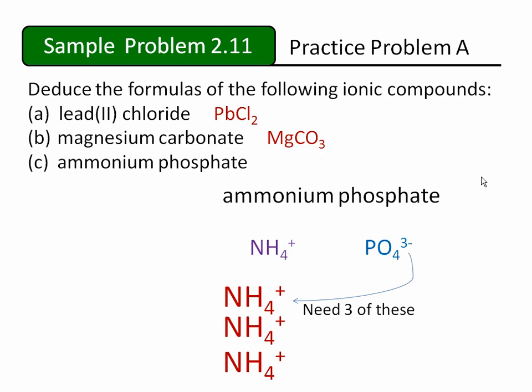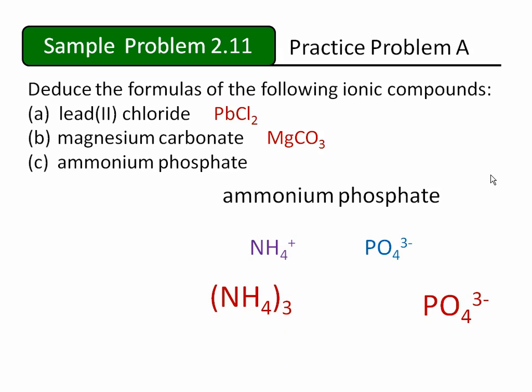What we need to show is 3 ammonium cations. This would be a total of 3 nitrogen atoms and 12 hydrogen atoms. The charge on the ammonium ion is +1, so we'll need to show 1 phosphate ion. There are a lot of ways to show these ions incorrectly, but only one correct way to show them. We'll place the NH4 in parentheses and a subscript of 3 outside the parentheses. This will give us the correct total number of atoms, and it also makes it clear to us that the